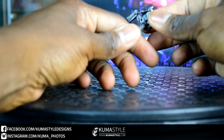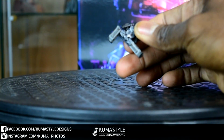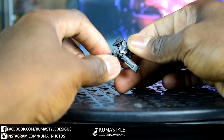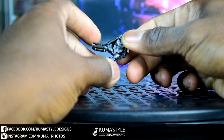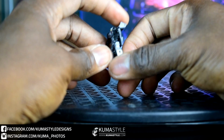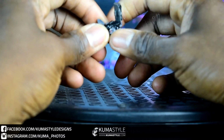Now one thing I will say, it hasn't affected and doesn't feel like it's going to break or anything, but I do have some stressing on these pieces right there. If you guys also have that problem, let me know. I'm going to take a hairdryer to it. I don't know what happened. I didn't put him into any crazy poses. He can't do any crazy poses, so it's just weird to me. But anyway, going ahead and getting this guy transformed into his